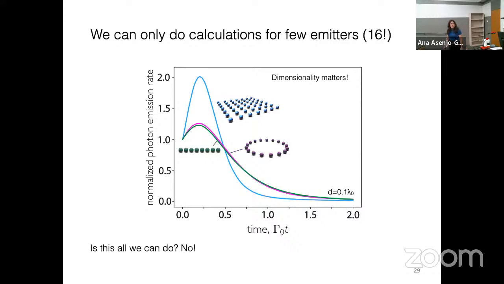The 4x4 array seems more like a 0D system than a 2D system, right? Because that's less than half a wavelength. It's more mean field. Yes. Oh, okay. I'm going to talk about that in a second. The question was, a 2D array looks more like a cavity system than a 1D array. Yeah. Okay. So the number 16 seems like a practical boundary that you can calculate. Yeah. And then you want to make it universal. If you try a smaller number of atoms, is it basically the same thing, or is there some kind of